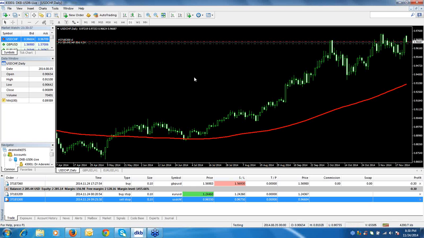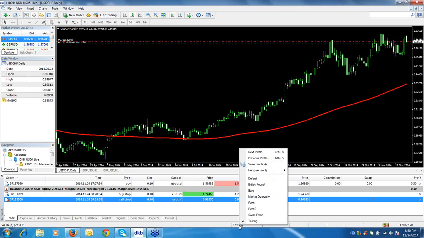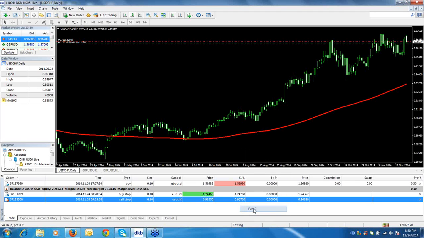So this is the profile I've changed. Now if I click on here, it shows me the different profiles I have. You can see there's a default profile, a British pound profile, euro, market overview, REMI, and REMI 2. So if I select REMI 2, for instance,